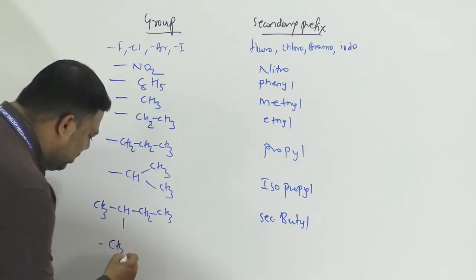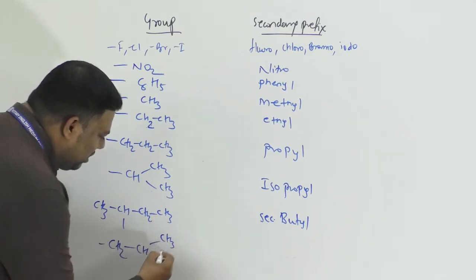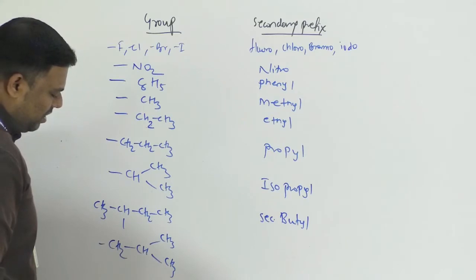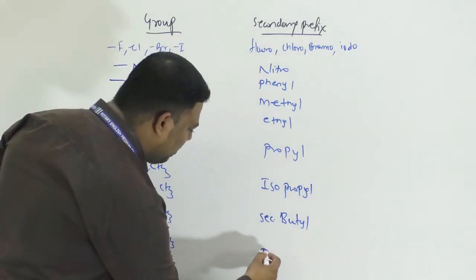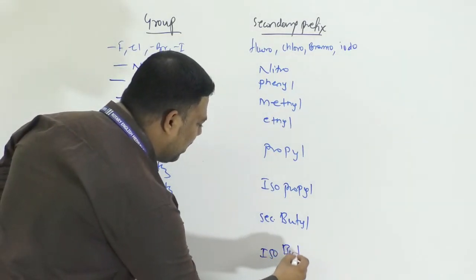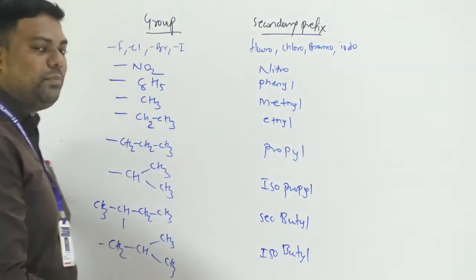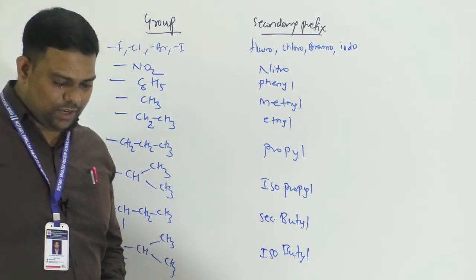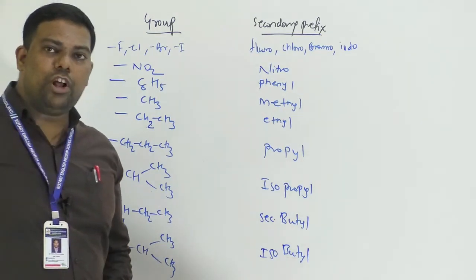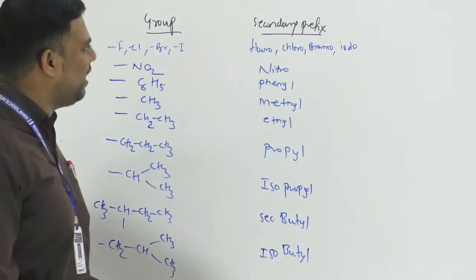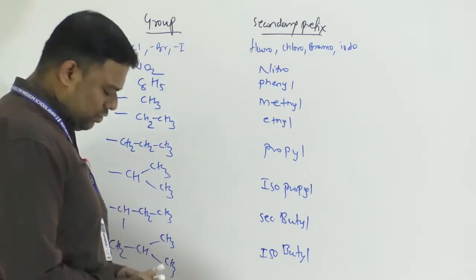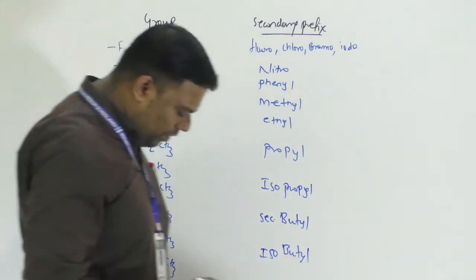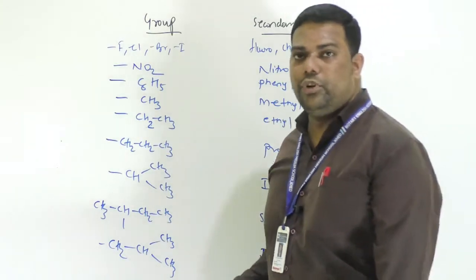Iso bond CH2, CH, CH3 and CH3. So see, each carbon atom is valence. Okay, so see here, these are what we call isobutyl. Okay, so these are very much important, your secondary prefix. Few more are also there, tertiary butyl is also there. So see here, whatever tertiary, we can also write here. So we will write tertiary butyl also.